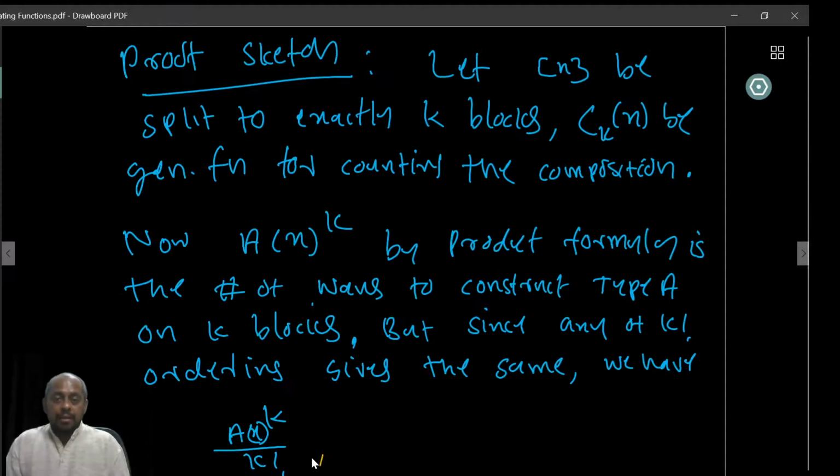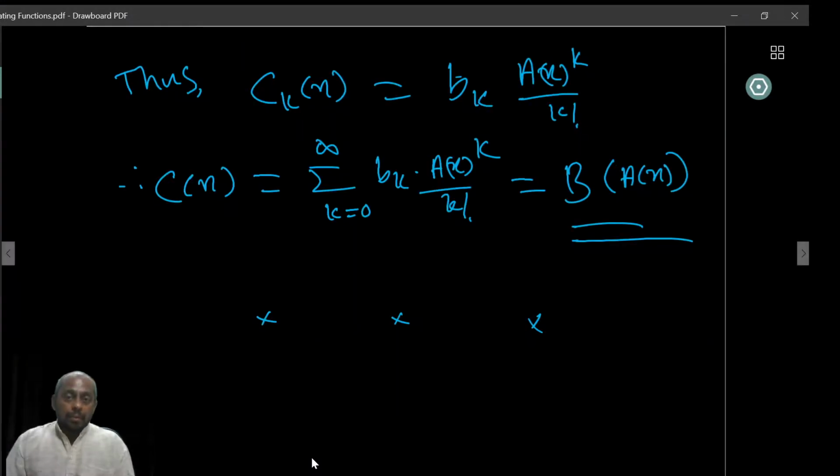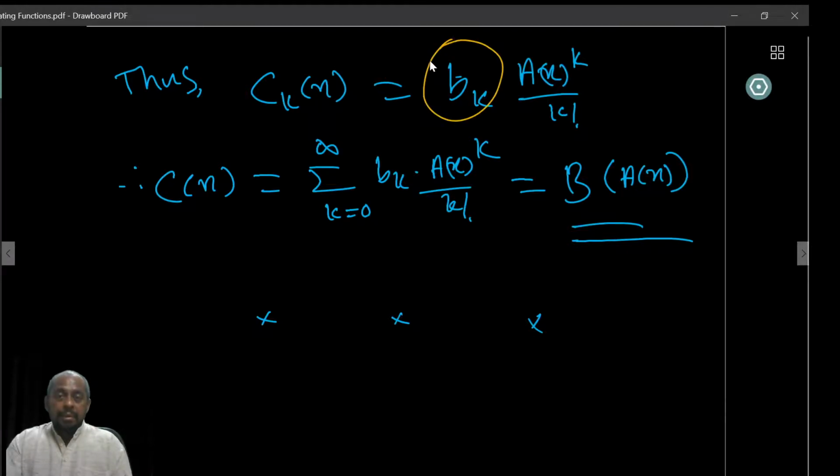This is the corresponding term that we are looking for, because we are overcounting by k factorial. Now, so therefore, what is p_k of x? Now, once you have this, d_k can be independently made,